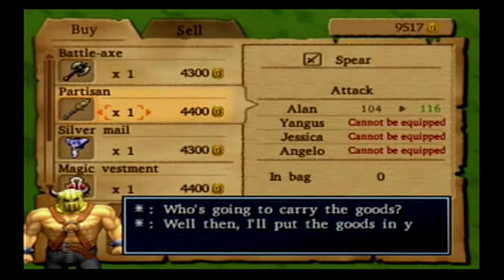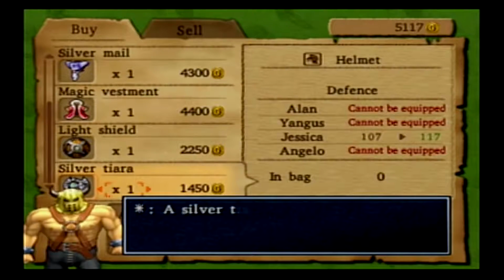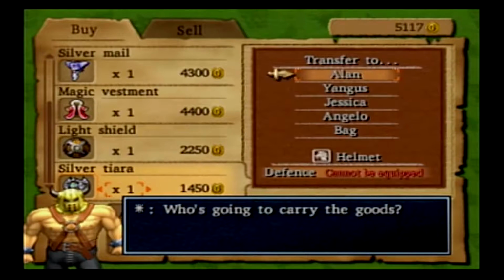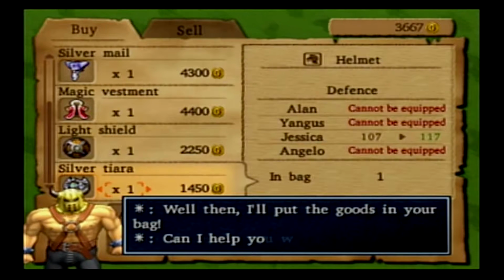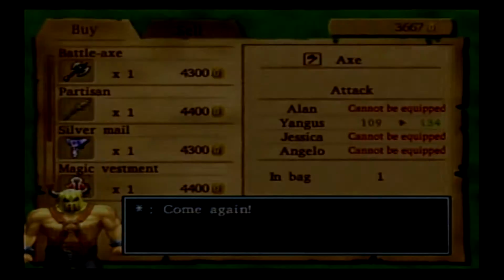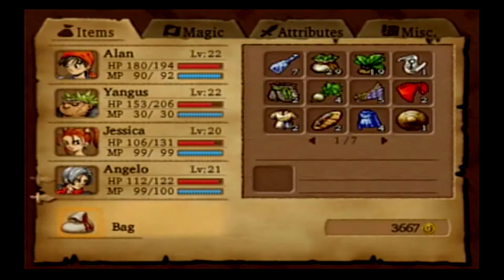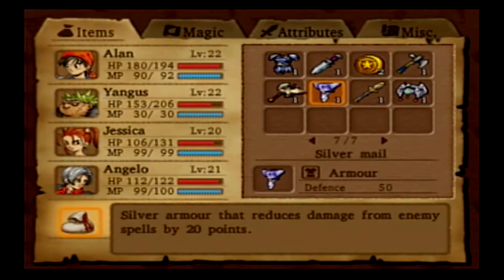I'll throw it in the bag and equip it later. And then the Silver Tiara as well. So this is one reason I wanted to stop here, is because there's some really cool stuff you can buy at this point in the game. But in the meantime, let's go ahead and